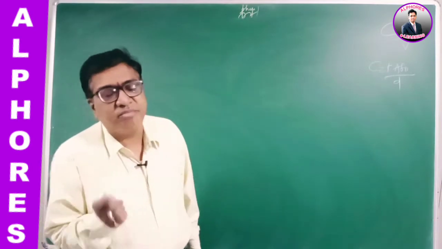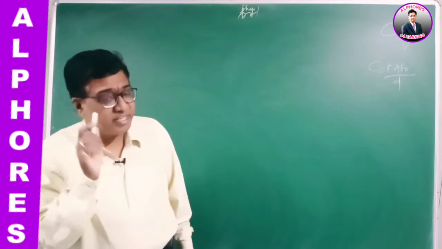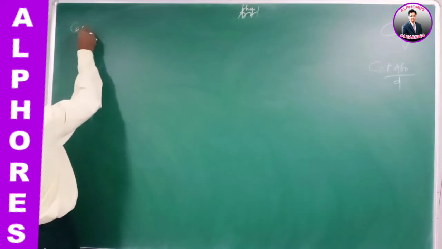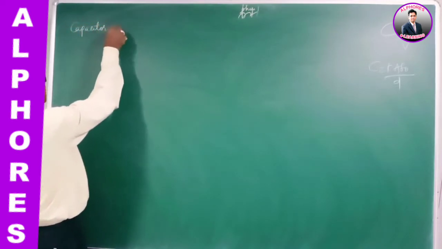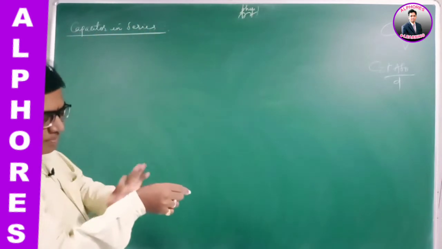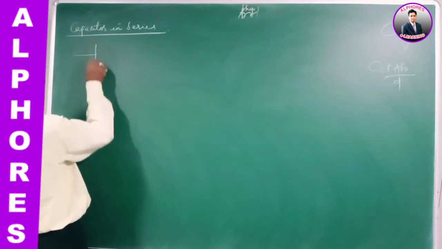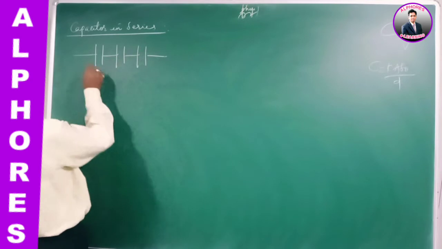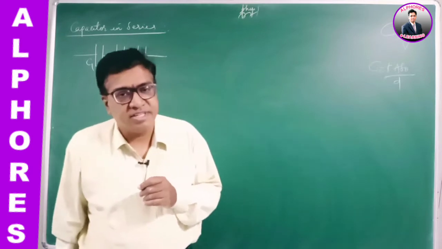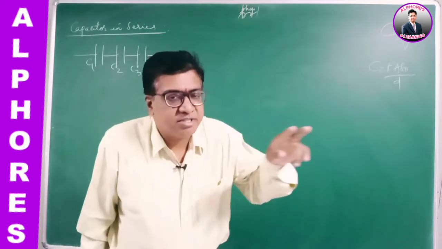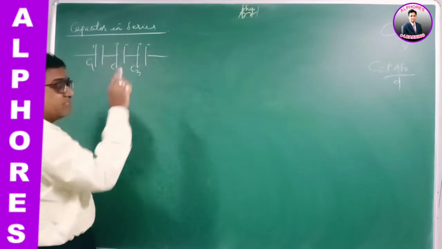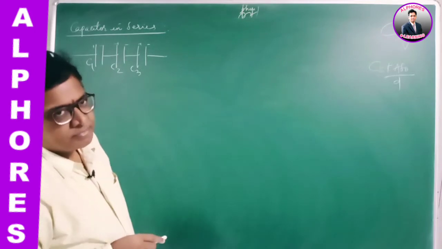Then we have taken the combination of series and parallel. Capacitors in series first, then later we will take the combination of series and parallel, right? When capacitors are connected in series this way, this is C1, C2 and C3, the capacitors in series. Series combination is the one in which opposite terminals are joined together, so here this is plus minus, the series combination of the capacitors C1, C2, C3.